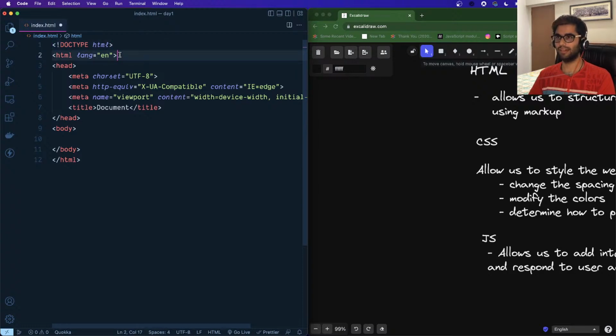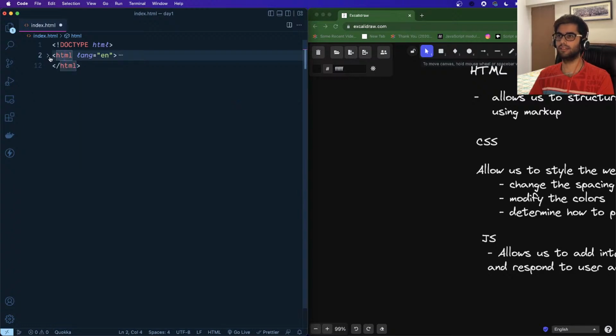Okay, and the next tag that we will be focusing on is the HTML tag. Okay, so let me just collapse all of the other tags. So this is the HTML tag. This tells the browser that this tag basically indicates the beginning of an HTML document. It is also known as the root tag or the container tag, because all of the other HTML elements reside